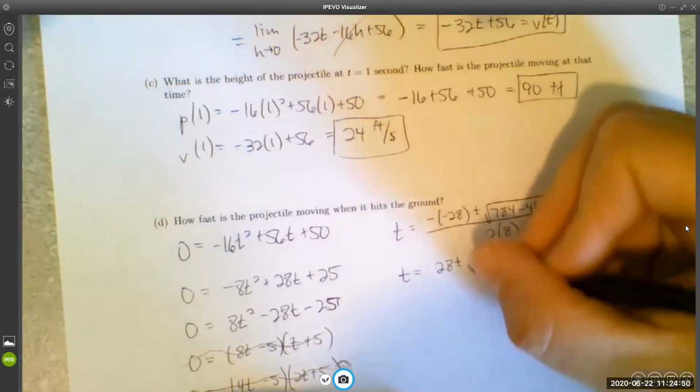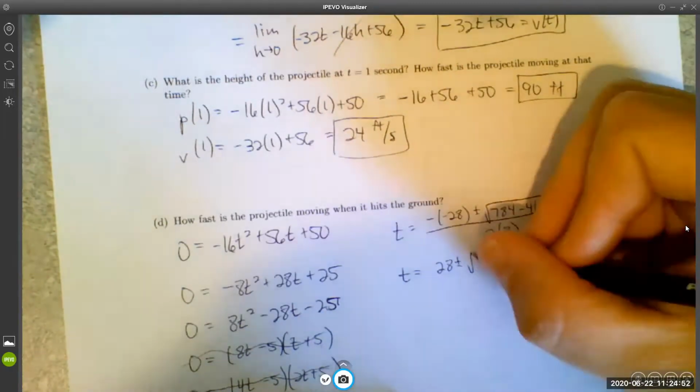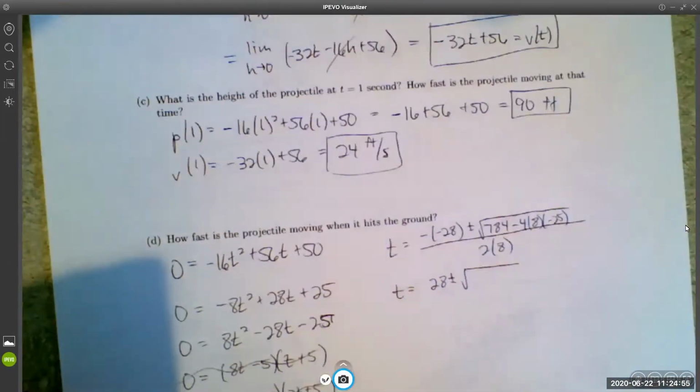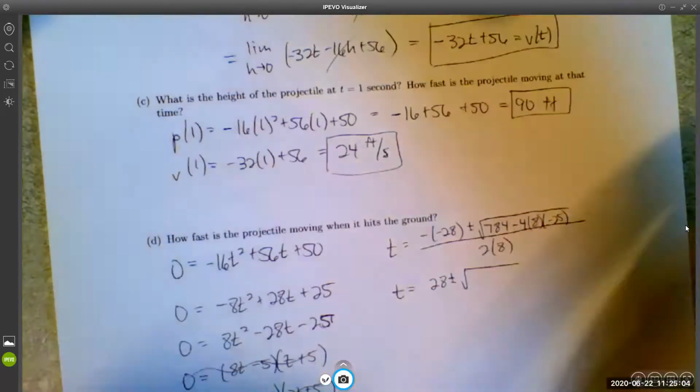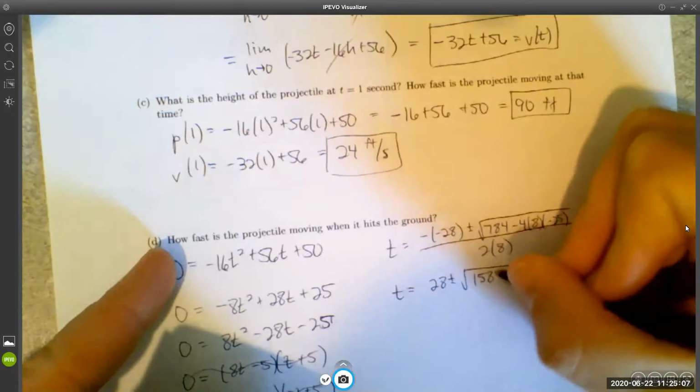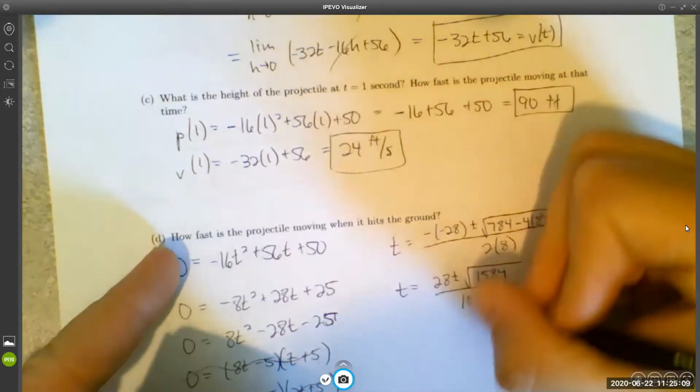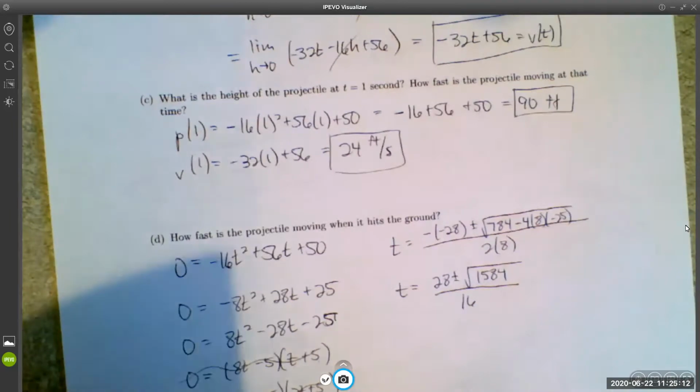28 plus or minus the square root of 784 plus 4 times 8 times 25. It's 1584, over 16. Is that a perfect square? Square root of 1584? No, it's not. So yeah, this thing would not have been factorable. Okay, so 28 plus the square root of 1584